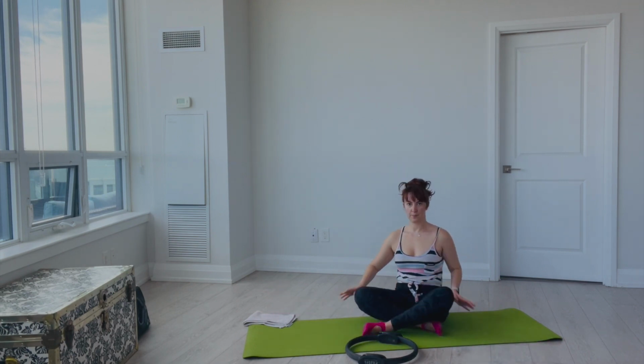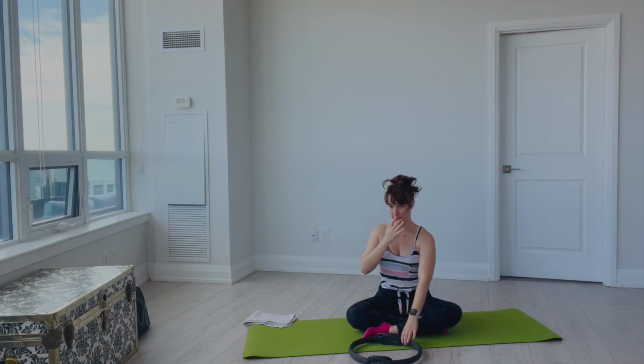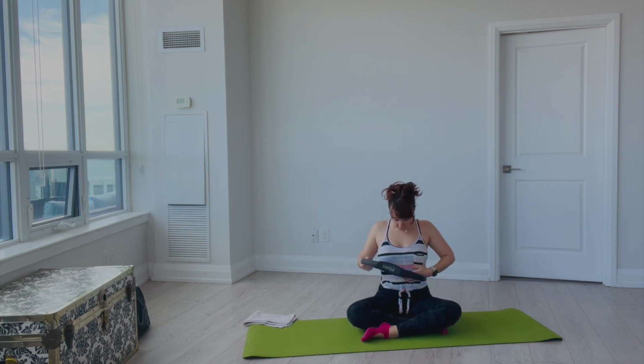Okay, let's come into a seated position. And I absolutely am obsessed with using the circle for twisting because it really communicates how you should be doing all of your twisting in general, but your Pilates twisting. So place a circle just where your bra strap is and let the arms relax in a hug-like position around